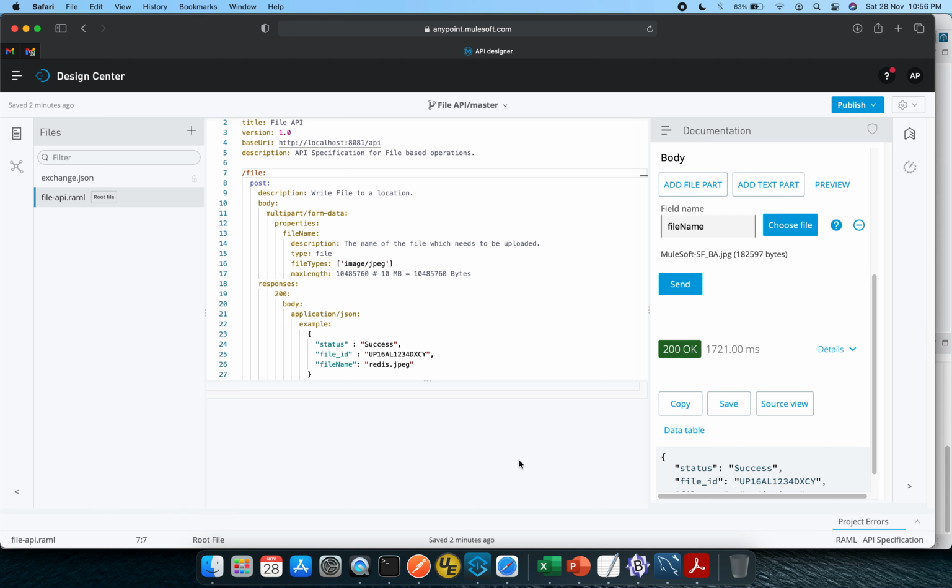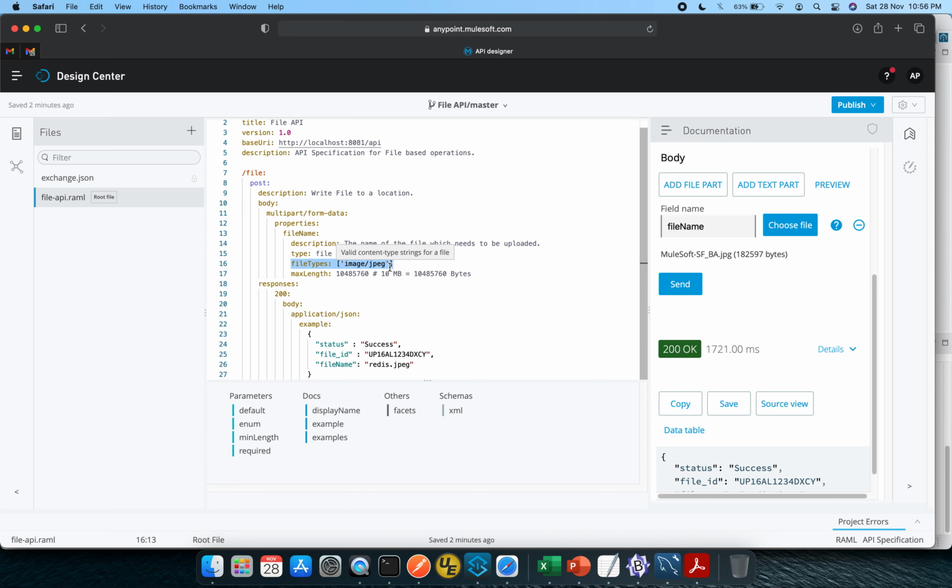RAML provides a type file. I will discuss more about this in the RAML specification, but just to give you a brief, RAML provides a type known as file, which can be used in combination with file types. Here we can give image, JPG, or different formats.